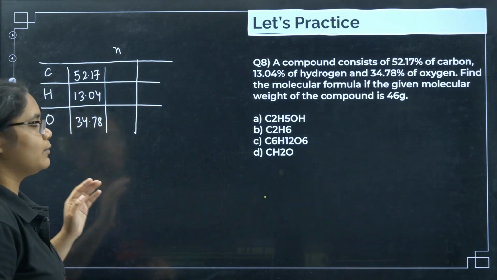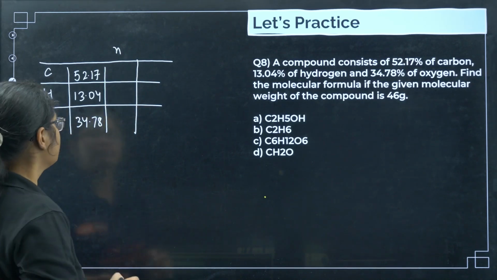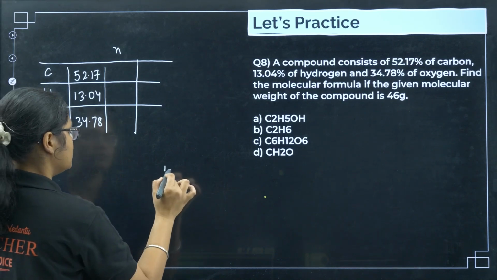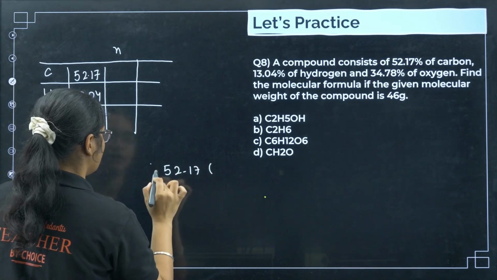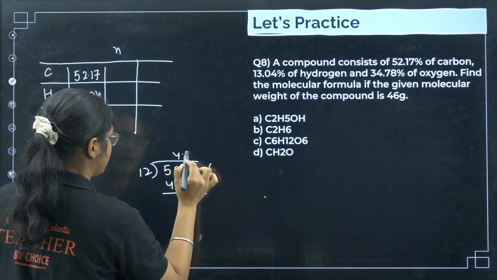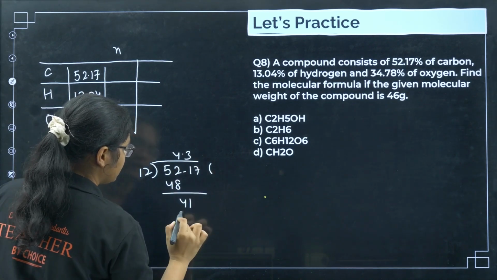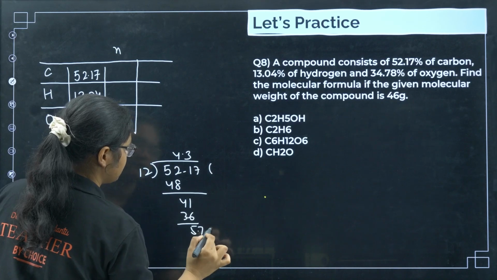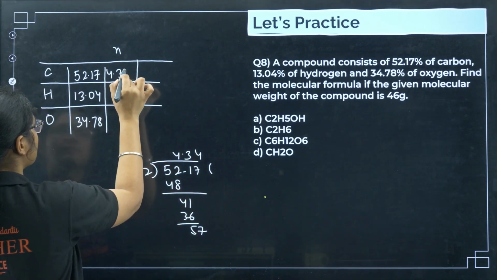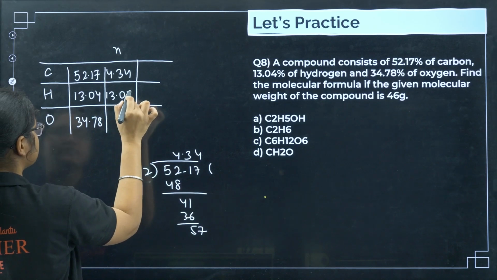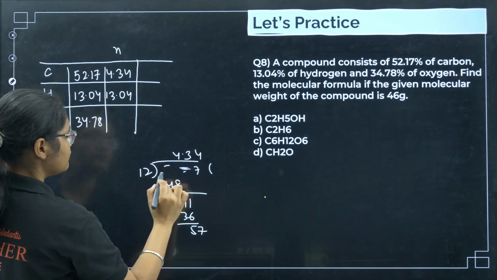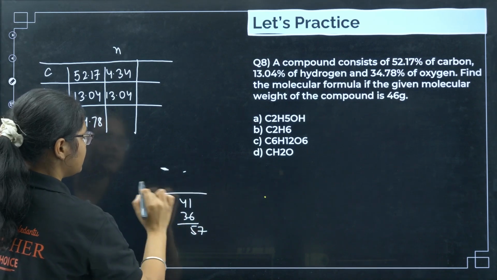Next I have to calculate here the number of moles. So 52.17 divided by 12 we have to do. So I will get 4 point something, right? So let me do a small division quickly here. 12 4s are 48, so 4, 1 is carried, again 12 3s are 36, so 5 and 7, 12 4s are 48 again, so 4.34 I got. Hydrogen you will get the same 13.04, and here for oxygen, we have been given